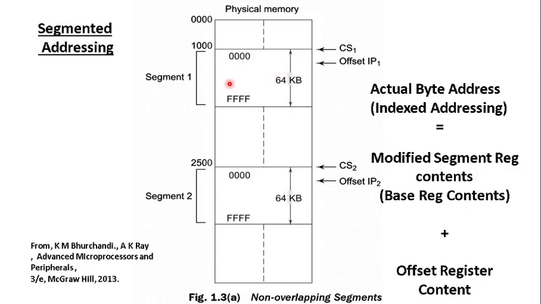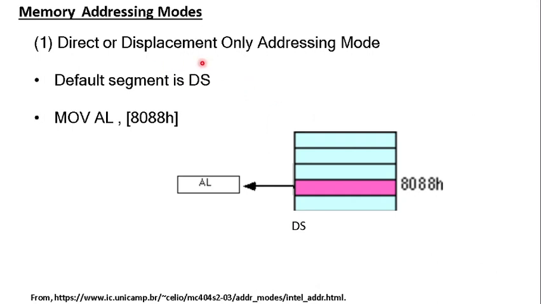Any byte within the segment can be defined with respect to the starting address of the particular segment. For example, if I need to access the third byte from the start of this code segment, I just need to have that offset 3 within the code segment, and the final physical address will be a value calculated out of the starting address of the code segment and this offset 3. So whenever I need to specify an operand within a segmented addressing scheme with respect to a segment, I need to specify only the offset, or where it is located within the segment. As long as I know the starting address of the segment, I can calculate the actual physical address of the particular byte I am referring to. That is the concept used in direct or displacement only addressing.